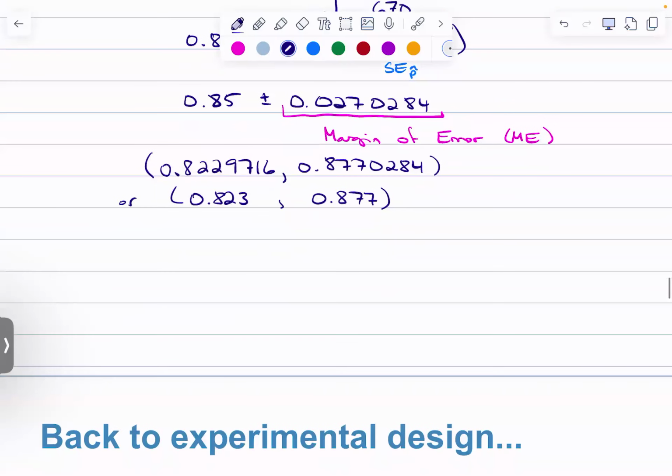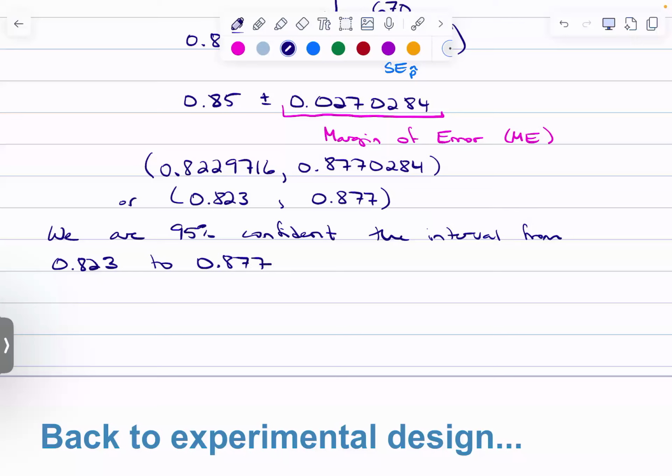And so we are 95% confident the interval from 0.823 to 0.877. I like to get my numbers out of the way first, and then I can rephrase the parameter. We're 95% confident that the interval from here to here captures